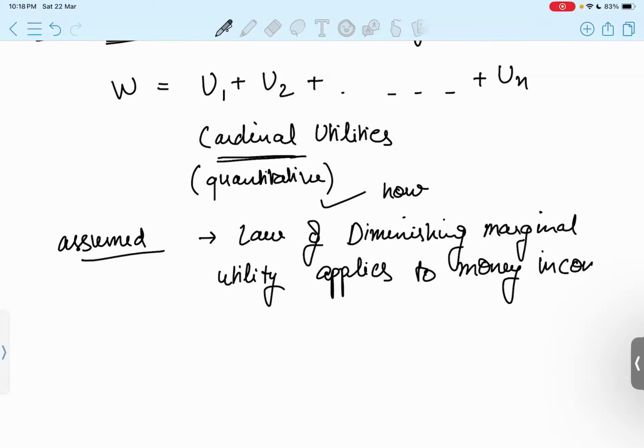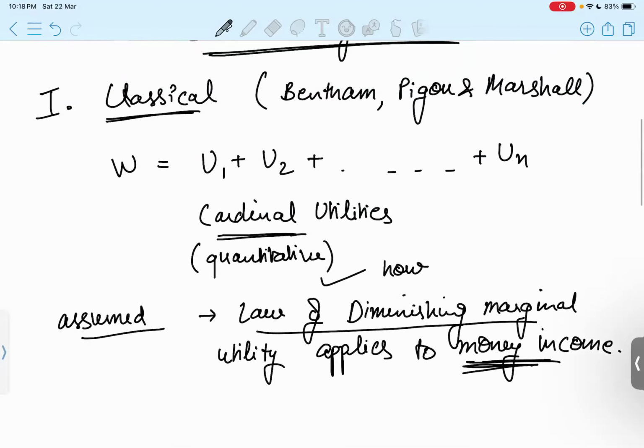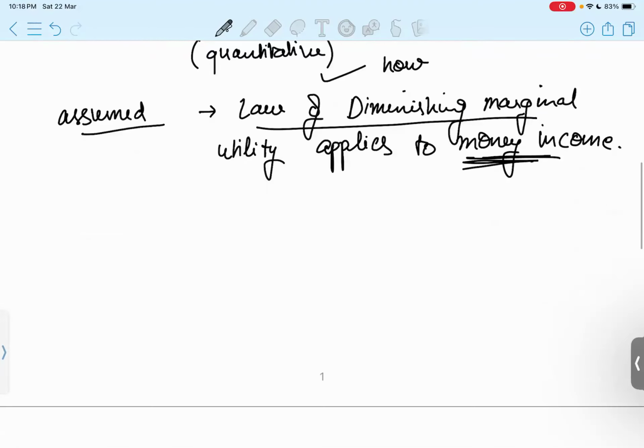It means that the more the money income, the marginal utility derived from the money being earned diminishes with time. So this law is applicable, and to maximize the welfare under these conditions, given we have the welfare function working in this manner,